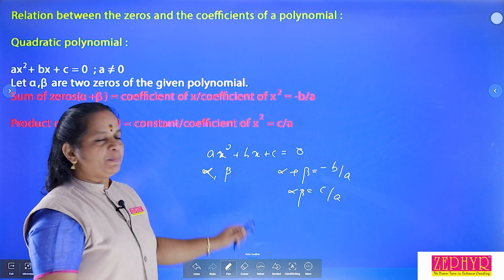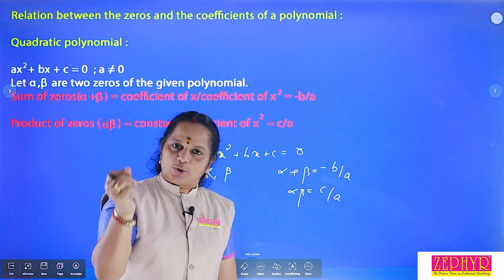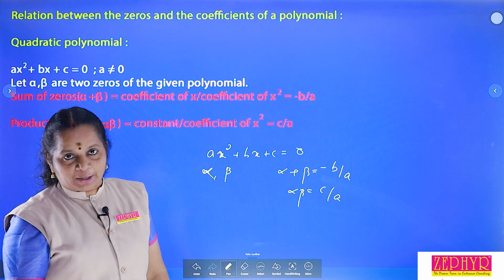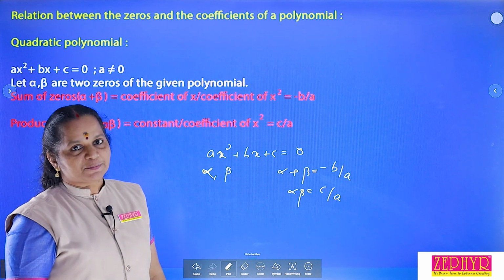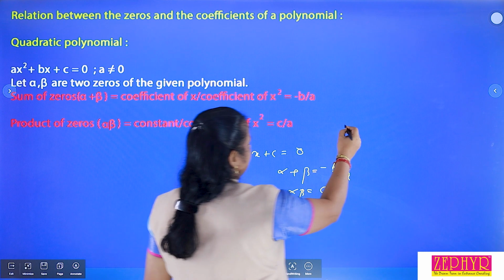Okay, ax square plus bx plus c is a quadratic polynomial. There are two zeros or two roots. Then what's the equation for the sum of the roots? Alpha plus beta is equal to minus b by a, and the product of the roots is equal to c by a. For example,